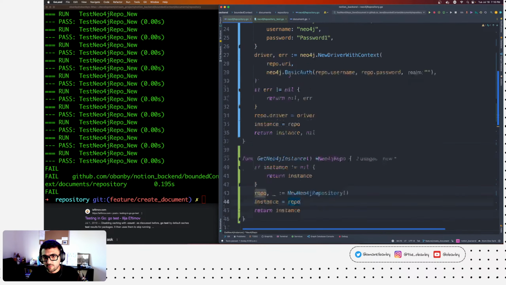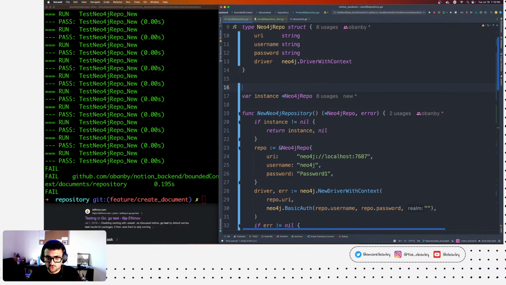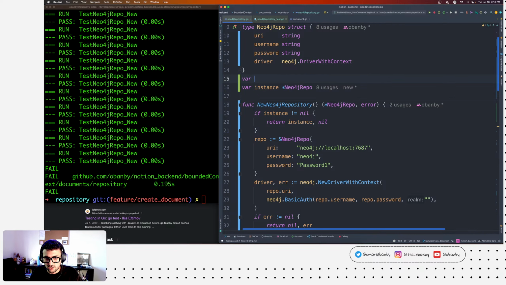Well, a common pattern to use is something called a mutex. It's in the sync package as well. So you can say var mutex is equal to sync.Mutex, or you can even call it lock. Typically people call it that, and let's see why it's complaining, because it's not used, of course.